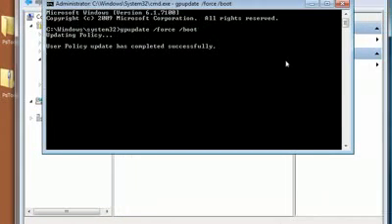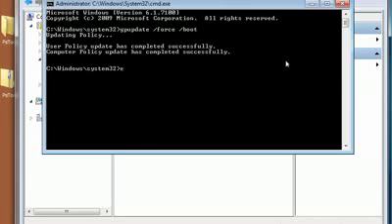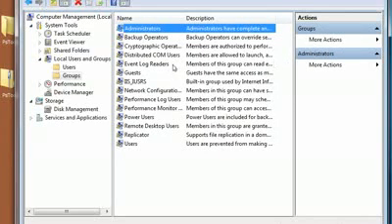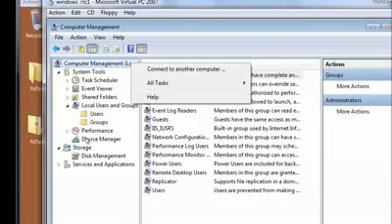User policy updated. Computer policy. All right, so if I refresh,